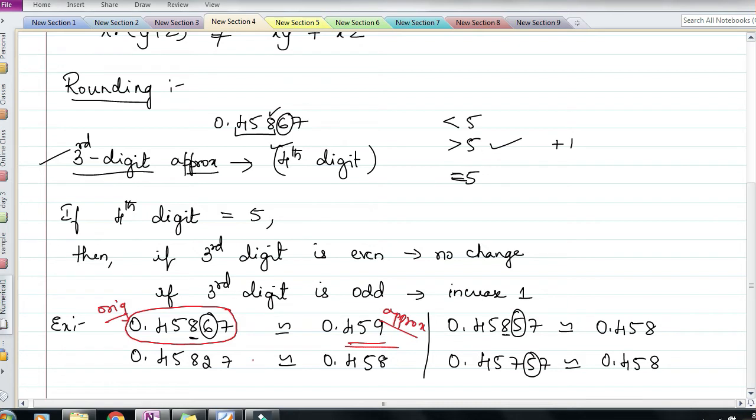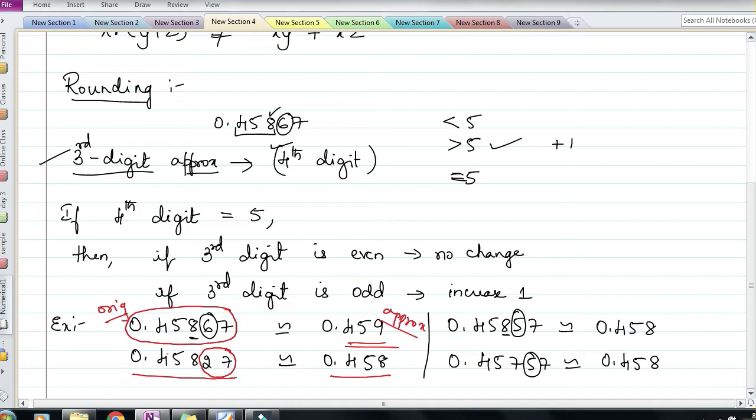The same thing happens in the next example also. See here, this is the original value and this is just 0.458, whereas the original value is 0.45827 also. So this is left out here, right? The approximated value is less than the original value. So basically here there is an error that is generated, and due to this error, after the entire computation process, once you get the final answer, it will also have an error, isn't it?